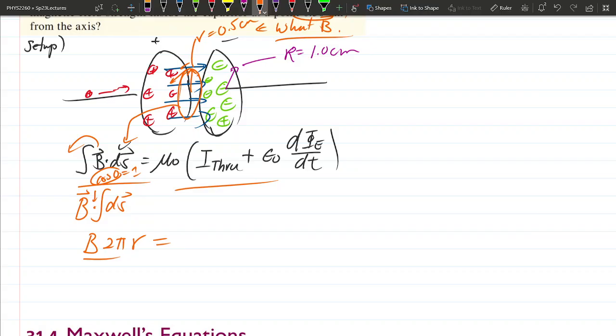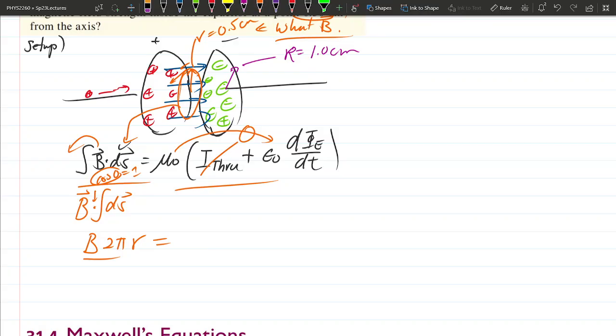The right-hand side, since we are in the space between the two plates, we should have no actual charge moving through. It's actually the changing electric field that's creating this displacement current. So this piece is 0. Over here we have mu naught times epsilon naught, if I factor this in. Now all we have to do is try to figure out,